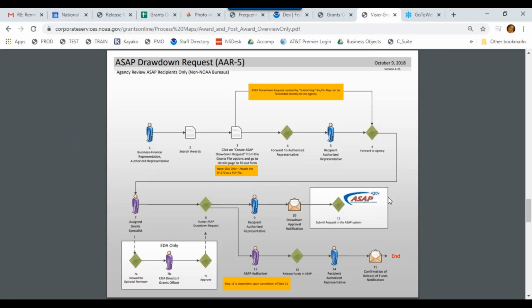into asap.gov. Notice they're going now, all of this is done in Grants Online. This is the point at which you would go into asap.gov and put in the request at ASAP. You've already put in a request to us in Grants Online. Another request goes into ASAP. Once that request goes into ASAP, it's going to sit there until this person goes into ASAP and releases those